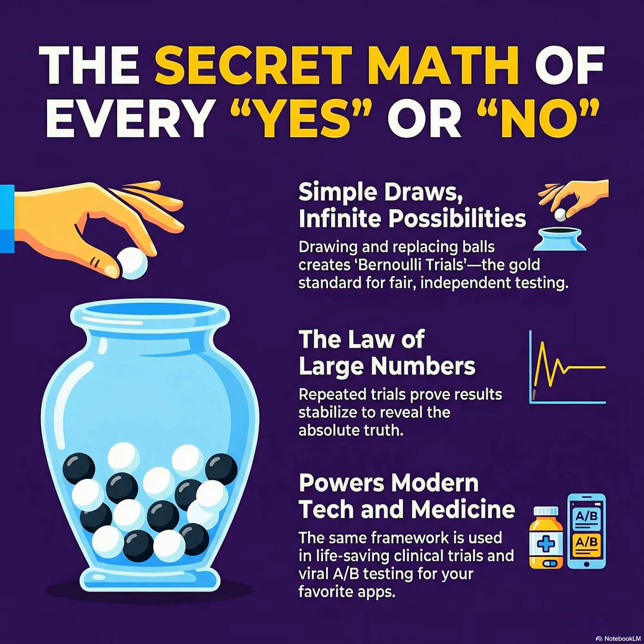So each draw is a Bernoulli trial, and you just do it over and over again. I've seen computer simulations of this, probably coded in R. Yeah, and the graph always looks totally wild at the beginning, just jumping all over the place. That's the perfect illustration. With a small sample, it's just noise. But Bernoulli's huge breakthrough was the law of large numbers. He proved that if you keep drawing, say, 5,000 times, that crazy fluctuating line inevitably flattens out. It stabilizes right on the true probability. That's actually really comforting. It means that randomness isn't just chaos. There's a structure underneath it all, if you just look long enough.